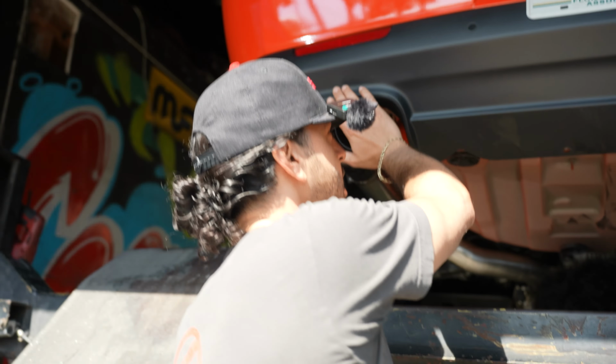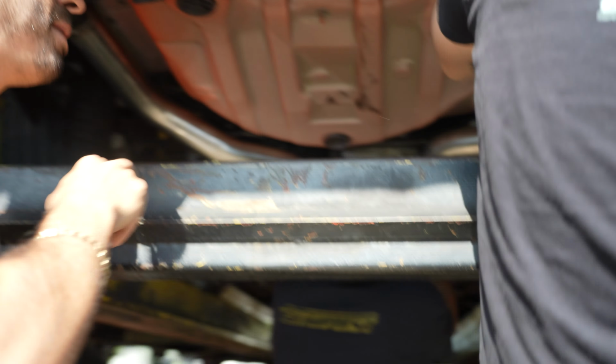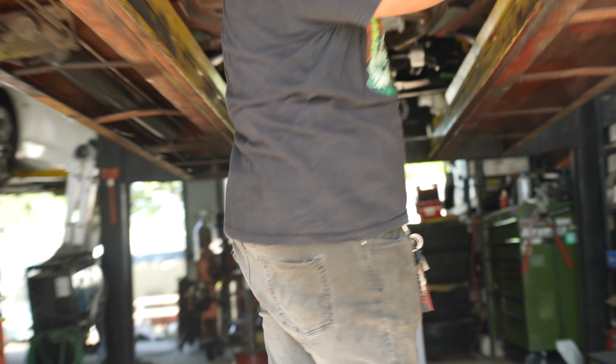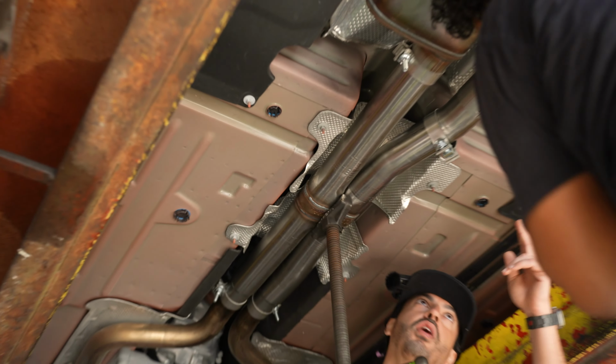So you got the 3.5-inch black powder coated quads. You got dual 3-inch stainless piping. The Flowmaster system comes with the valve brackets. So let me take a look over here. We got this Flowmaster X-pipe, H-pipe contraption that they put in there, and then they put these Flow FX mufflers